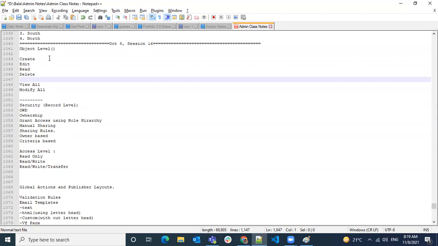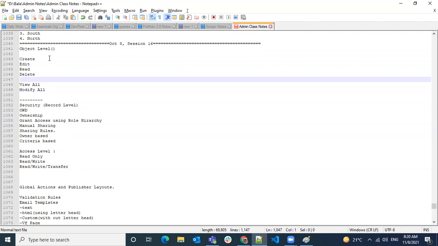Okay, so let's say somebody is claiming that they cannot see, let's say, an object called project. You need to check whether the object is there or not. Second, whether you have a tab for the object or not. Then whether the specific tab permission is given to the user or not. Then even if you have all this, if you don't have at least read permission on this object, you don't see it. So at least they should have read permission. These are all things you need to check when somebody claims that they don't see the object in the org.